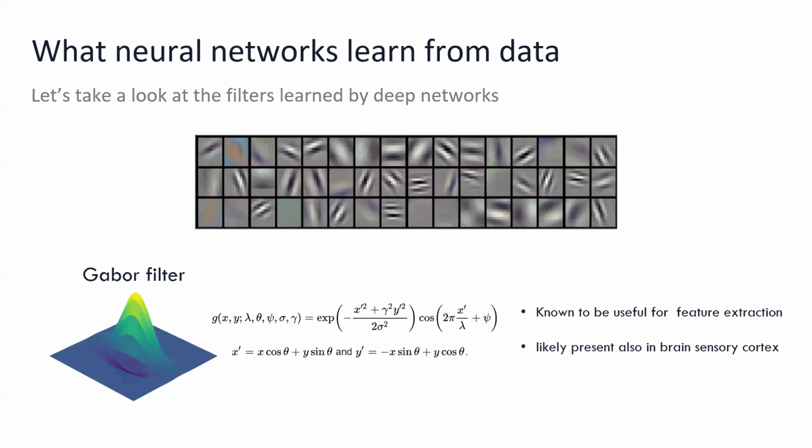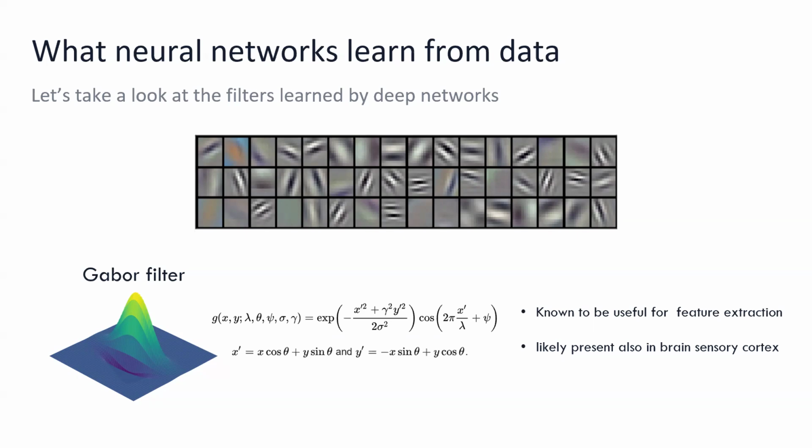You can just multiply a Gaussian kernel times a sinusoidal function. The Gaussian will create a concentration in one region, and the sinusoidal will create the stripe. And they're very important because people already knew these are good filters for signal processing. And also there are theories that find these structures also in the human brain, in the visual cortex.